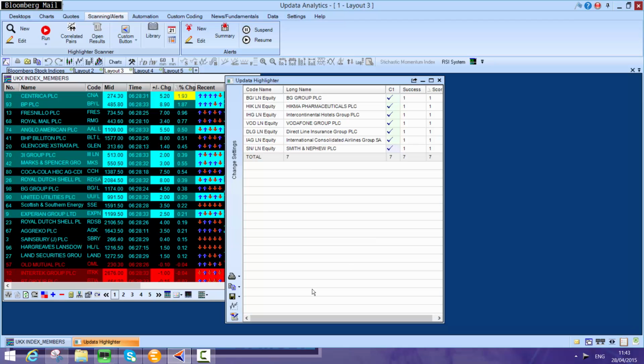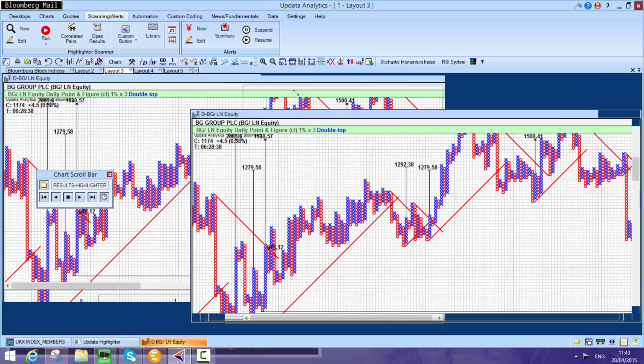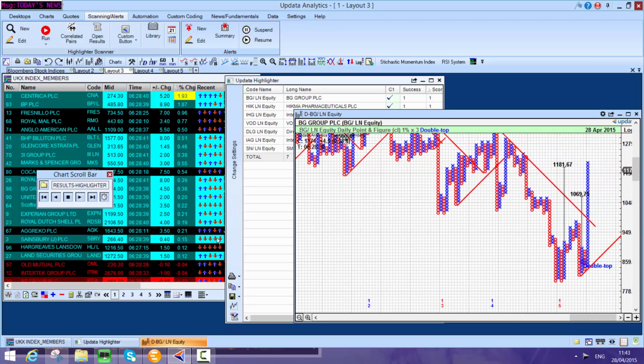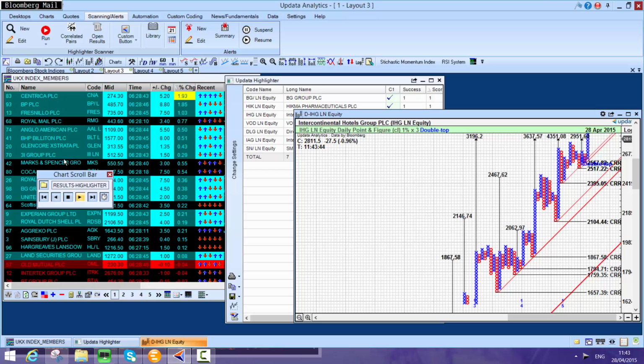So there are 7 stocks that meet the criteria, and I can then just go and grab the charts for this, and we can just see the charts and scroll through the results. And these, as I said, are log scale